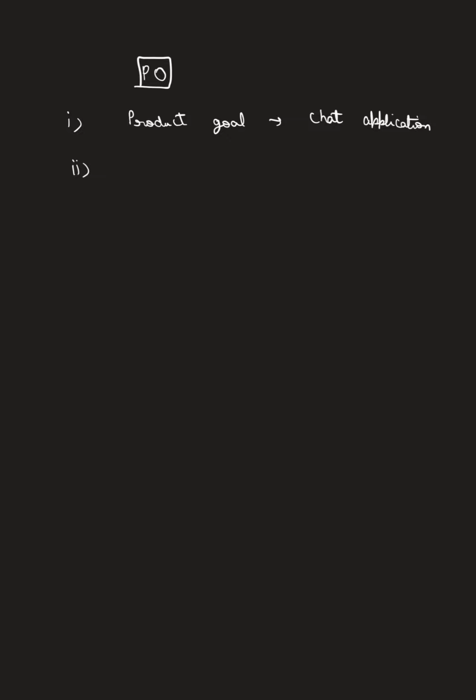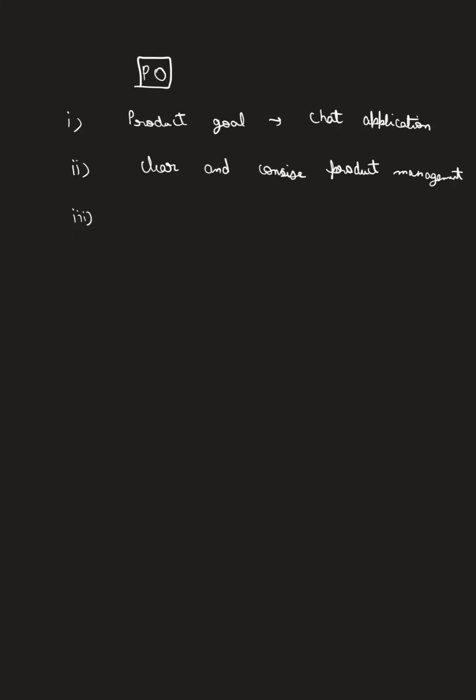Then he also helps the Scrum team understand the need for clear and concise product backlog items. Okay, clear and concise product backlog items. Sometimes your product backlog items are not even clear. If you have worked in the product industry, then you will understand that you can read something maybe from a tool like Jira, but you are not able to understand how to solve this. So your Scrum Master comes there and helps in resolving this issue, maybe by asking product owner to better write its product backlog items, okay, or maybe by involving stakeholders.